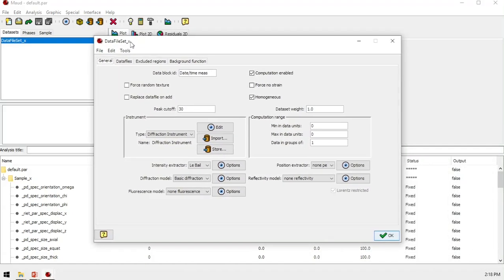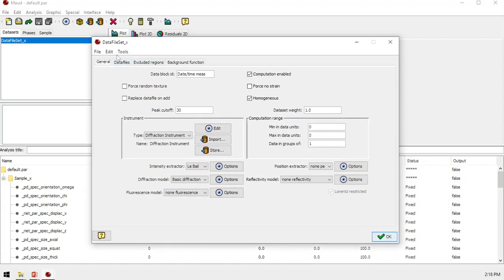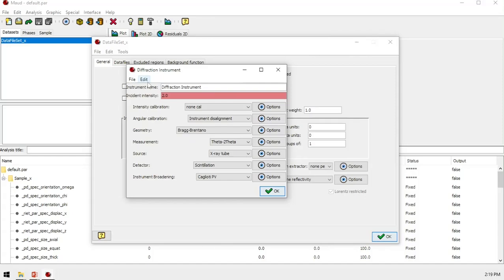Okay, and you will obtain this window, data file set X. It's a good idea to start with the edit, and it's a good idea to set the instrument name, because later you can save it and open it if you have the same parameter.